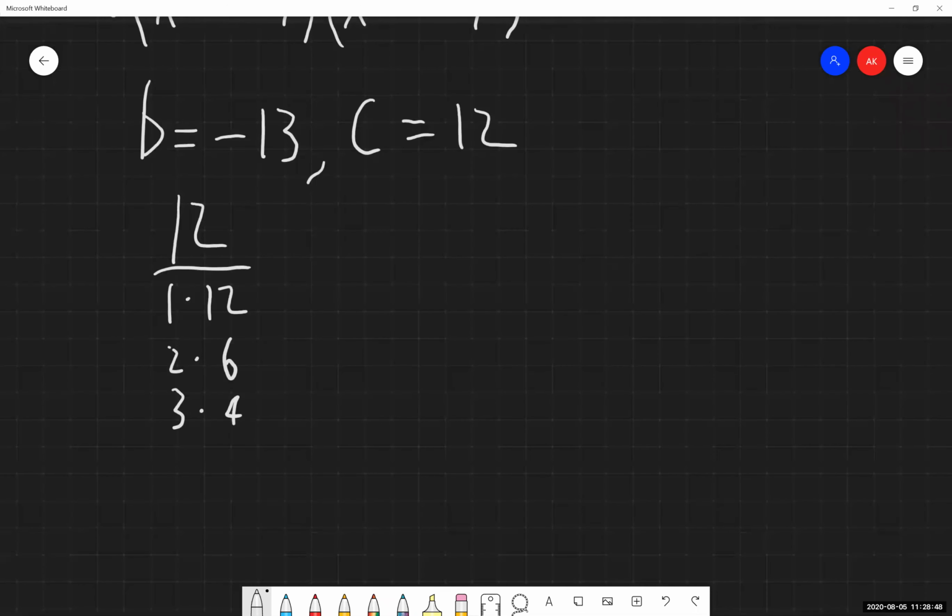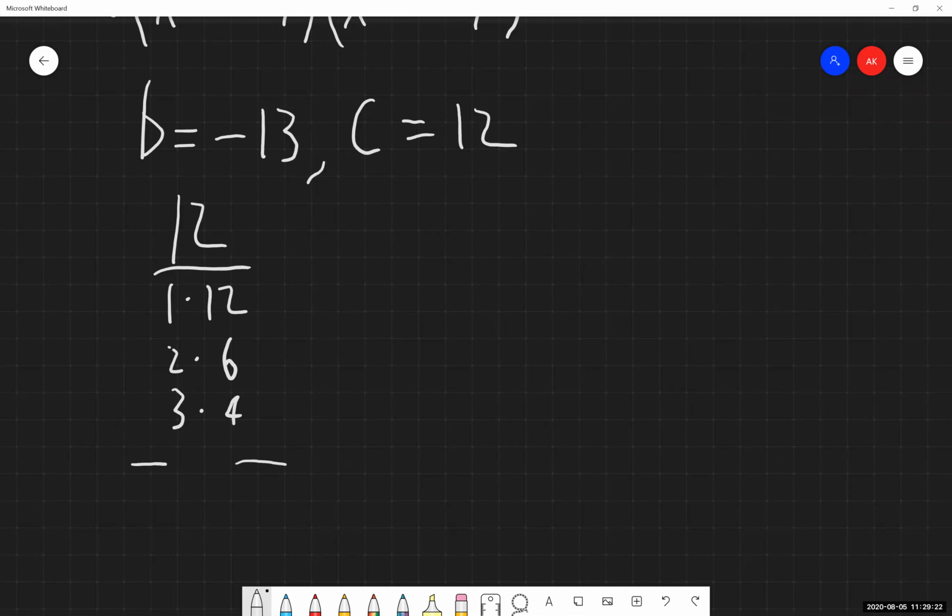So now I'm looking at sign analysis. My C value is positive, which tells me that both of these columns of numbers should either both be positive or both be negative. That's all the C value and its sign can tell me. Looking at the B value, I get negative 13 as my result, so both of these columns need to add together to give me a negative answer. Then both columns have negative numbers attached to them.